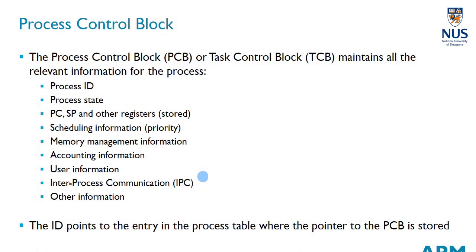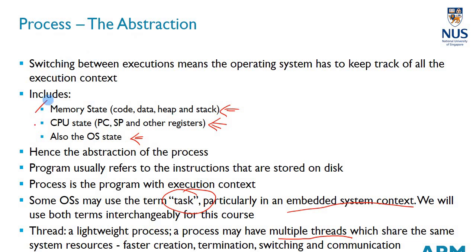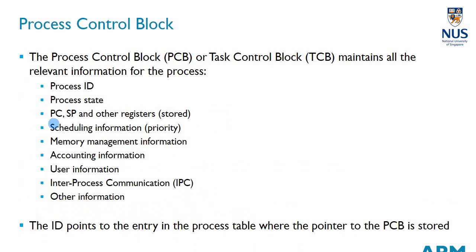Okay, so all this information, like I said, about the process in each process in the system is stored within what we call the process control block or task control block of a system. So when you create a task, it comes together with this entire block where all this information is there in terms of process ID, the state, the scheduling, the registers, and all these other things. Okay, so we are not going to go into everything now, but just have this idea that